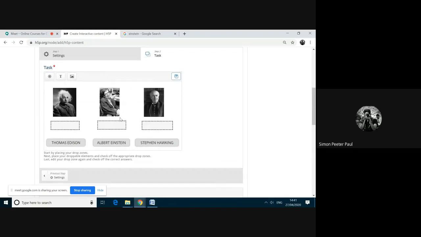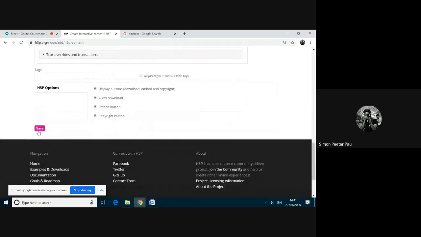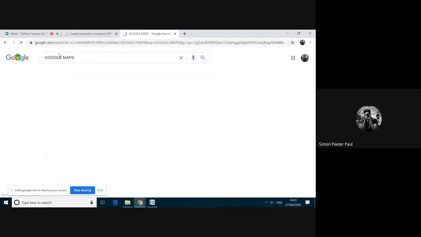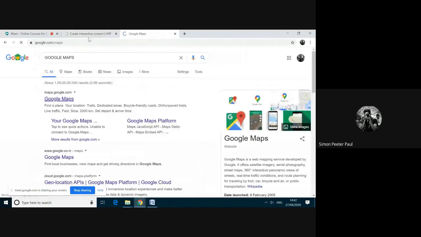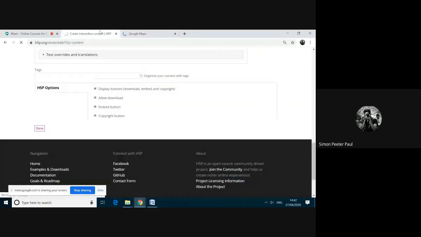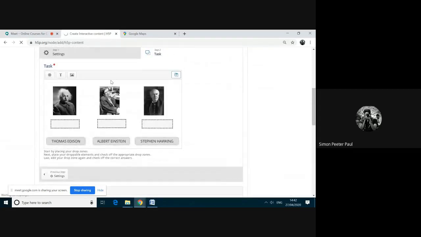Now I'm moving down, down, down. Here is the option save. I click on the save button. It's getting loaded.